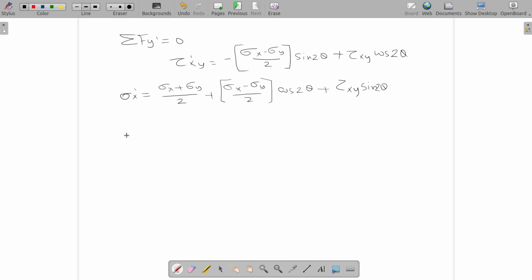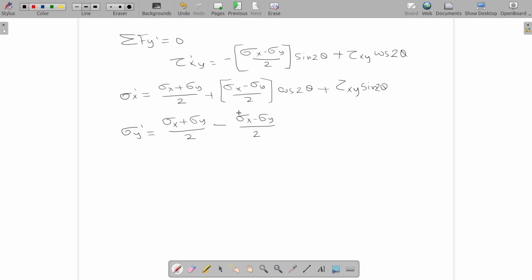The same procedure can also be followed to find out sigma y dash, and that you will get as sigma x plus sigma y by 2 minus